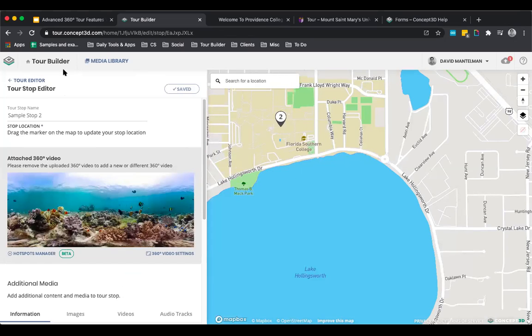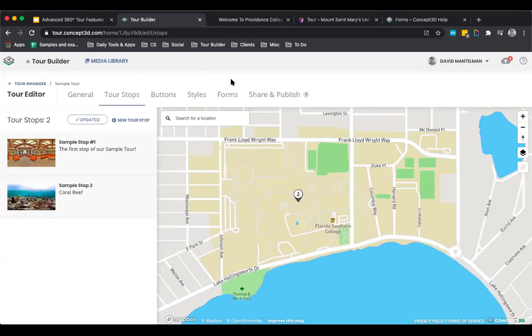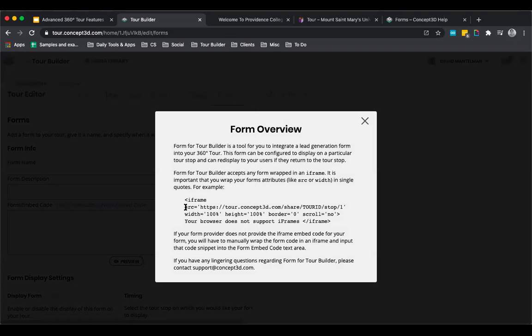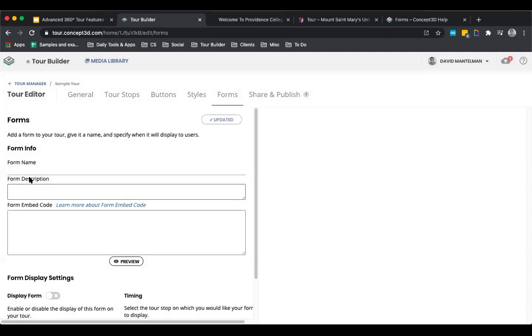So after doing that, just go back to your tour editor screen. And we're going to go through how to add a form. As Courtney alluded to, for this specifically, you can add just a share URL from your CRM, or a share URL from a Google form, whether you want to make it more specific, or if you don't have a CRM, you can do that as well. So it's as simple as adding a form name here, maybe a quick description saying